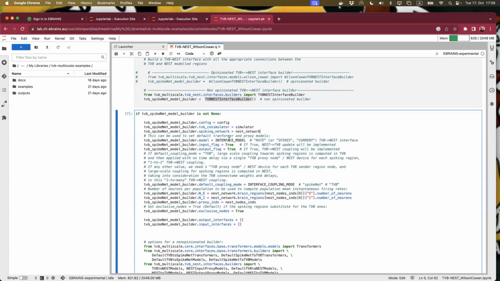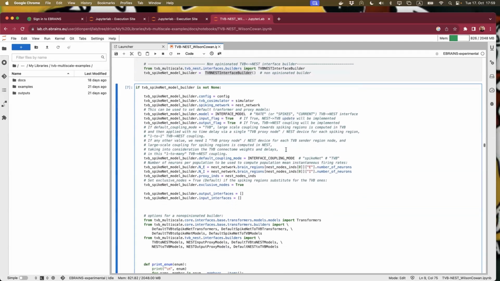And you saw this configuration at the first cell of the notebook, so we have chosen rate for this example. And also we set these flags to true so that the connectivity is bidirectional. So input flag true means that there is input from Nest to TVB, an update. And output flag true means that we're going to send data from TVB to Nest,